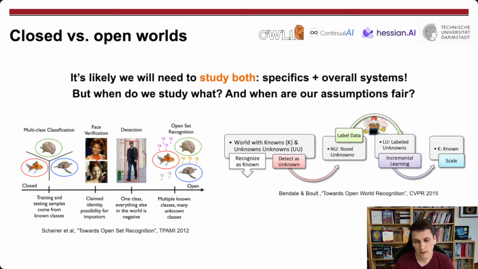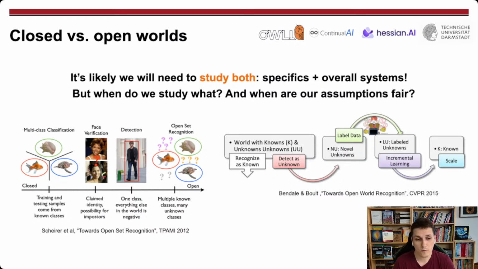If we think back to a diagram that we've seen when we started to talk about open world learning, we mentioned that there is a transition between scenarios where we believe a closed set assumption, in the sense that the test set is related to the train set quite closely,